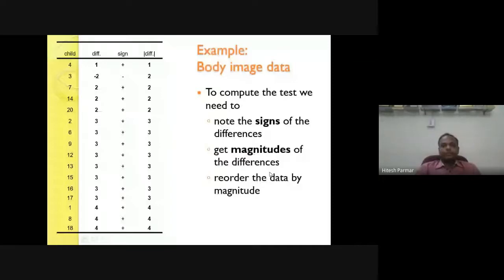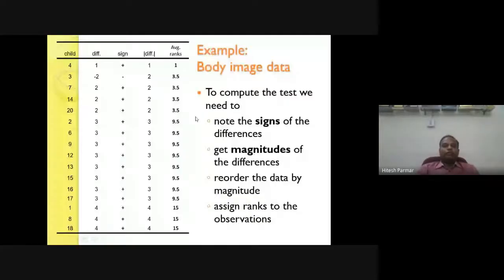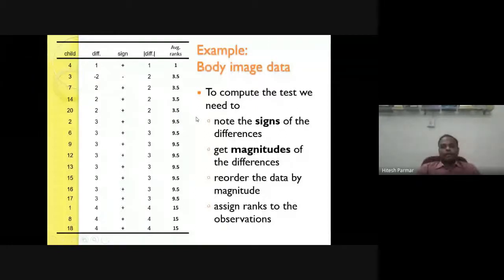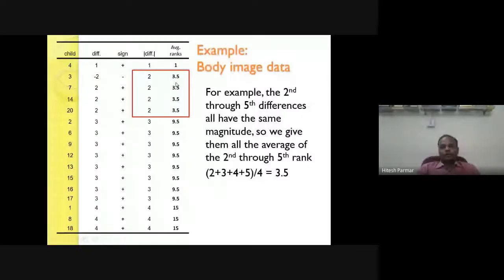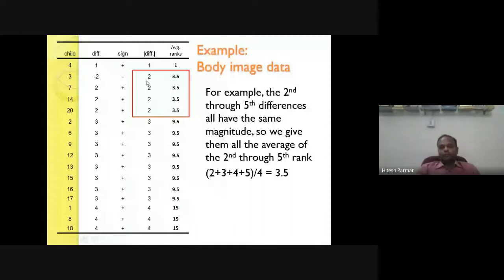Then we need to calculate the average rank or mean rank. So how can we calculate the average rank? The first one is rank 1, and then we have the second, third, fourth, and fifth ranks. So 2 plus 3 plus 4 plus 5, divided by 4. The answer is 3.5.